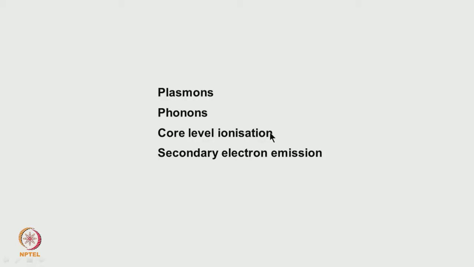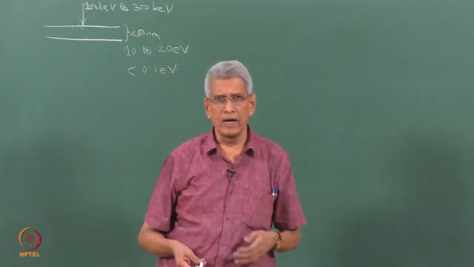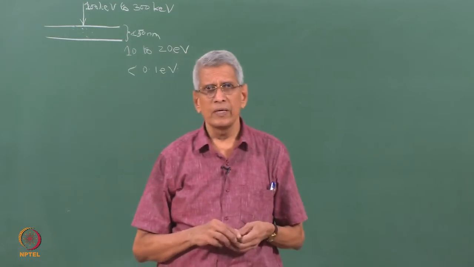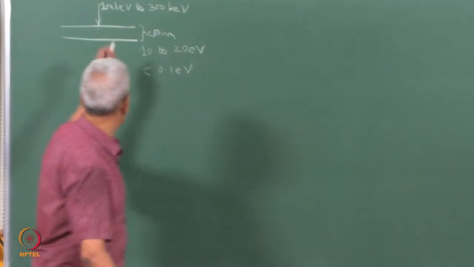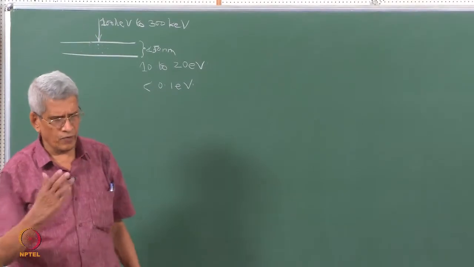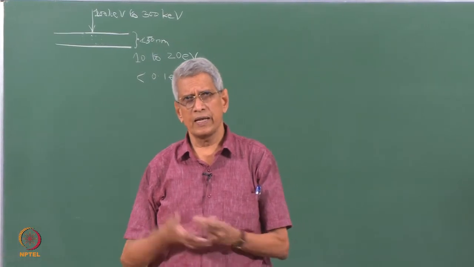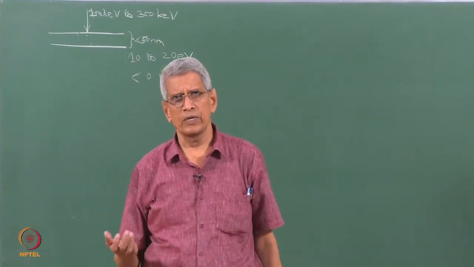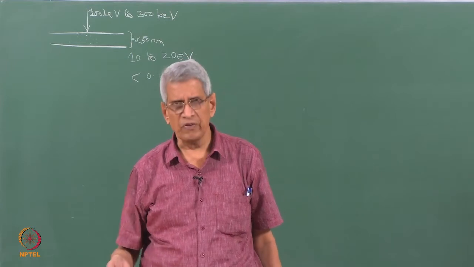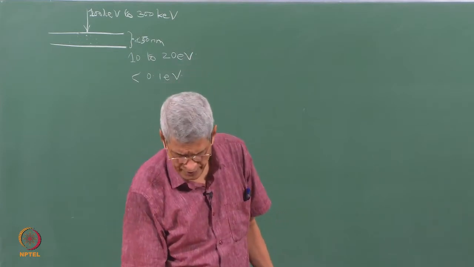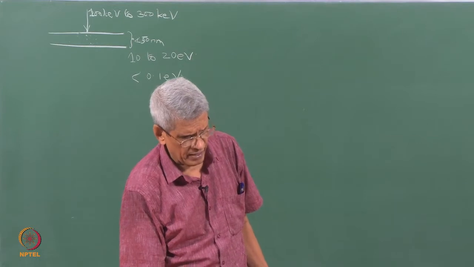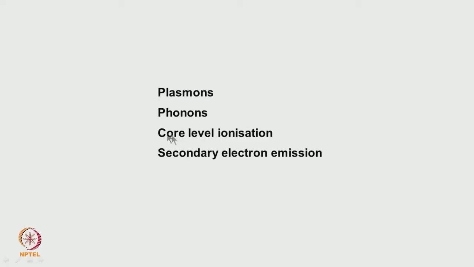Other than that, the primary beam, when it has very high energy of the order of this energy, can knock out electrons. For example, if the sample is a copper based sample, then it can knock out an electron from the K level, which requires only about 8 to 9 keV of energy. And when electrons are knocked out from such levels, which we will be talking about later, the atom will be in an excited state.